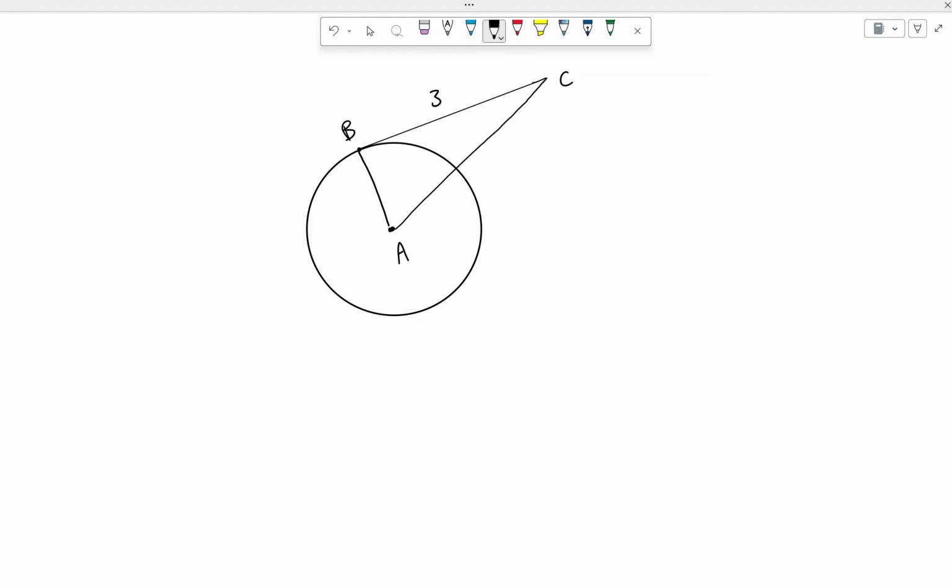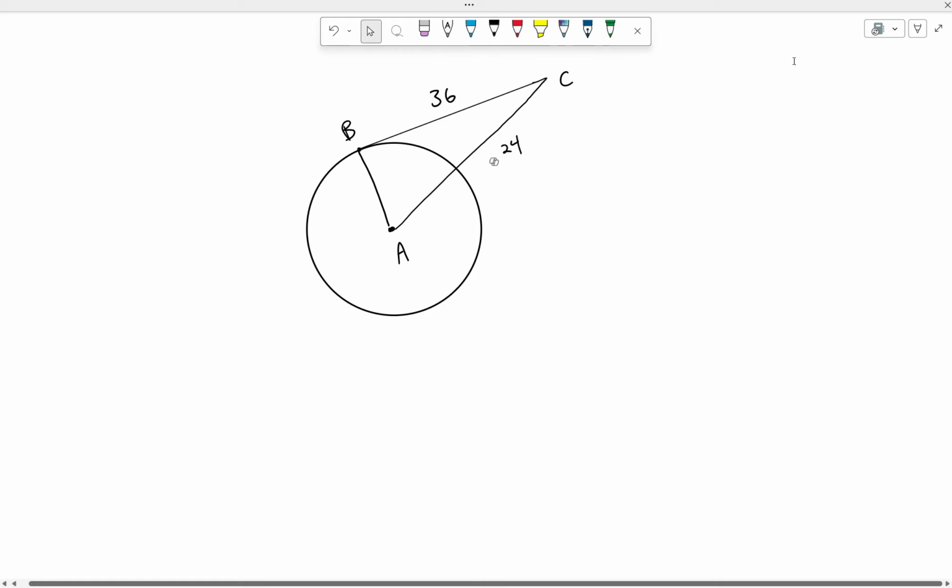We're given that this segment BC is 36, and the segment out here is 24. Now people are like, well, does this apply here to the entire line or just this outside segment? Now, gentlemen, you'd have to explain to me, right, how